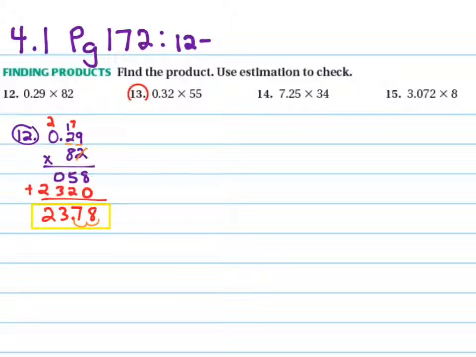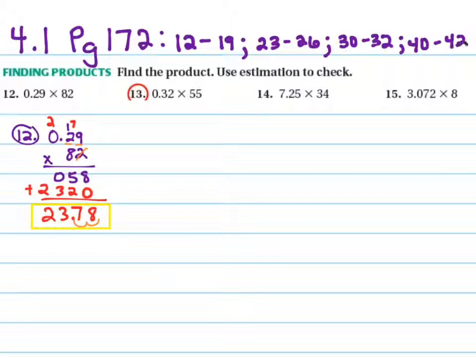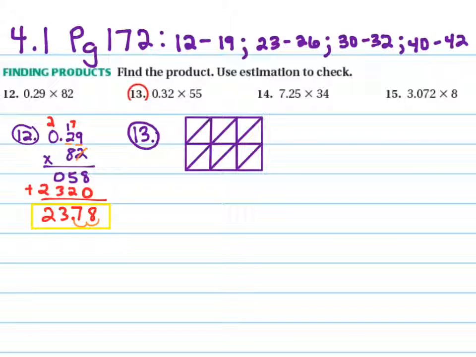Now I'm going to show you another way. It's called the lattice method, and some of you have actually already done this before in 4th and 5th grade. I'm just going to kind of review it. So we'll set up our little box and set up our numbers. So I put the bigger number still on top, so I have it right up here, and I just threw